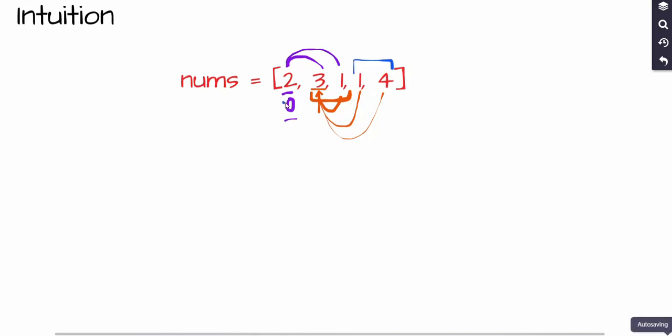Fine. So standing at the first integer, I can jump to any integer in the second range. Then from one of the integers in this second range, I can reach any integer in this third range. Any integer means even the last. So how many jumps would it take to reach the last integer? Obviously 2, because we have